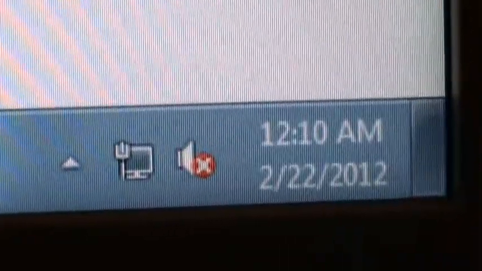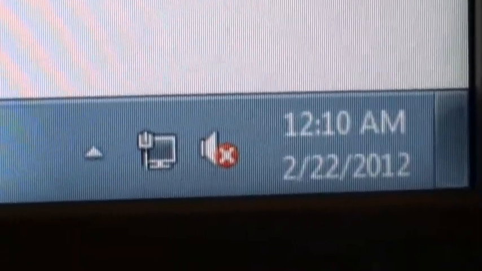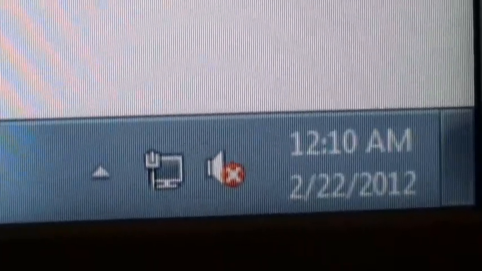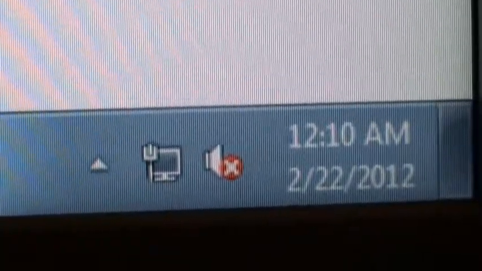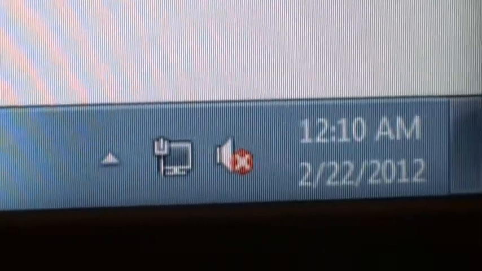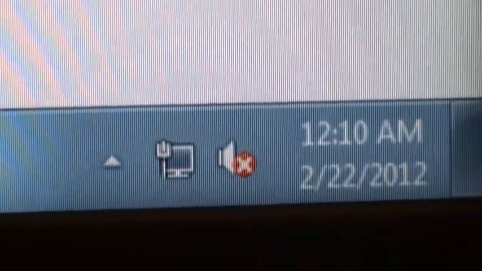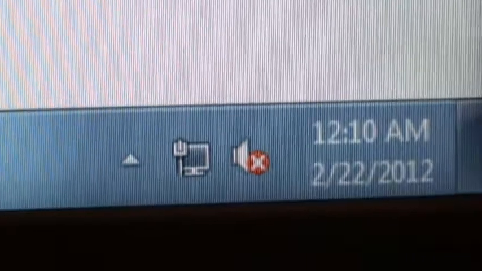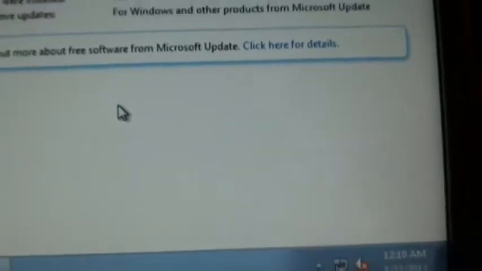Now you can see that I already found the problem and already fixed it. You can see there is a mark, the computer is already on the internet. Also you can see that I still have a problem with the sound driver. So I already fixed the internet problem, and now I'm going to plug into the internet and just download the driver for the sound system.